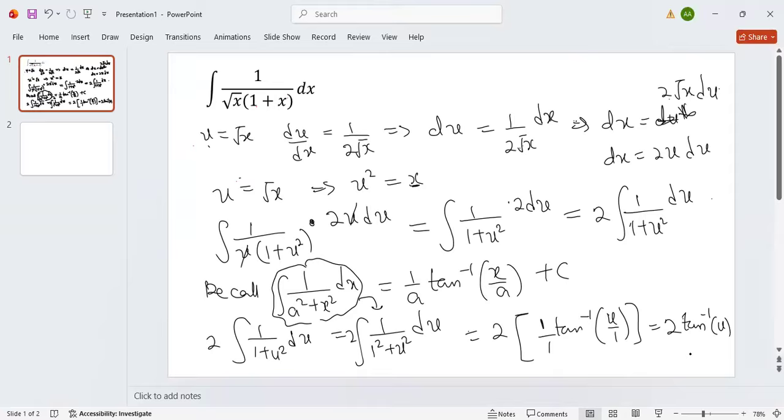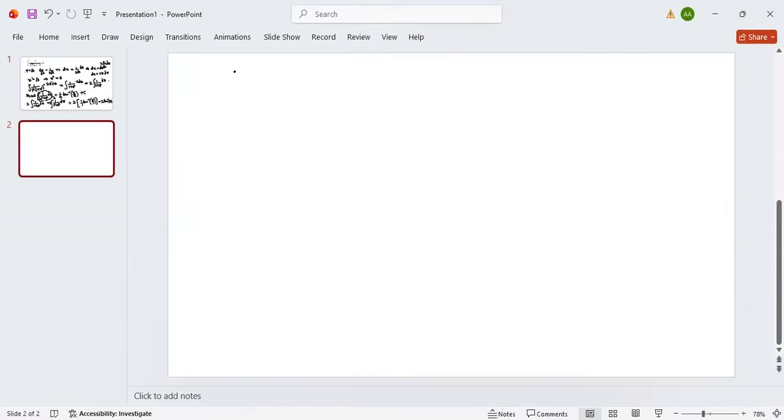But we know that u is actually the square root of x. So since u is the square root of x, we can now say that our integral of 1 over root x into 1 plus x dx will be equal to